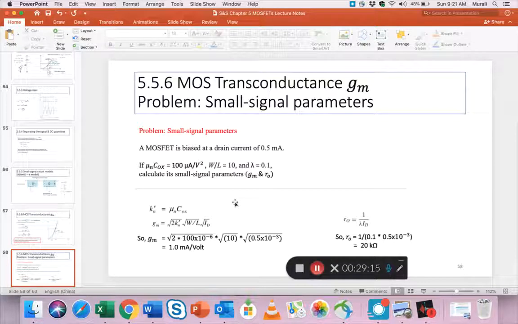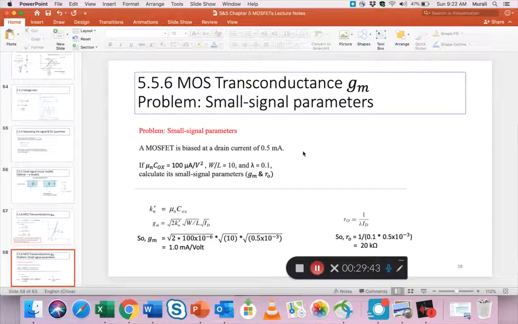Okay, so I'm on slide 58, where we have a very simple formula problem. I found it not in our textbook but somewhere else. But let's start with this. So what is the question? A MOSFET is biased at a drain current of 0.5 milliamps. So that's all that is given. You have the drain current, meaning ID of